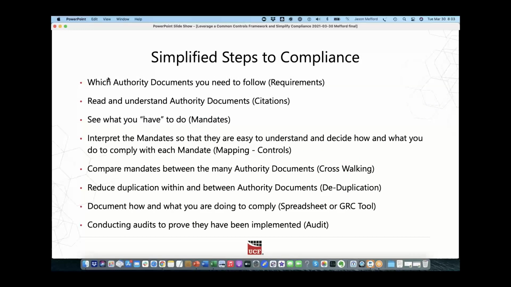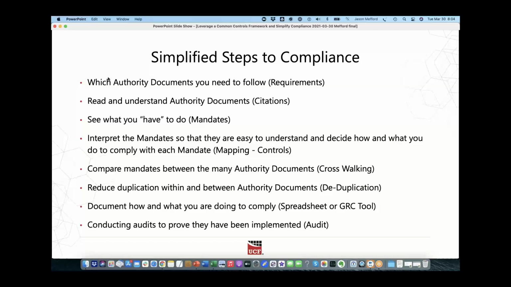Now, it's a simplified step, but I'm just going to go through this really quick. There's different steps that you will need to go through in order to comply with these various documents. And so what you see on here is I'm going to run through the bullet points really quick. Off to the end, I have put parentheses with certain words. And so those words you're going to see me talking about as we go through. So it's kind of explaining what it is and then a word or something that goes along with it, okay?